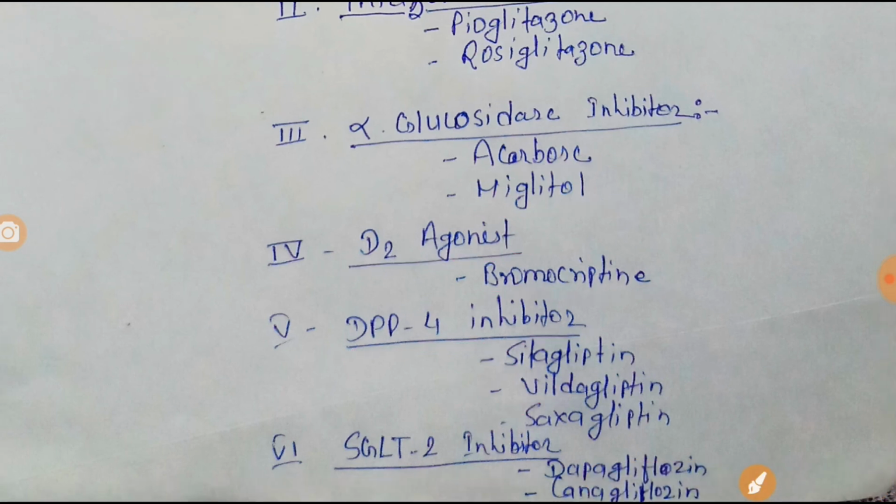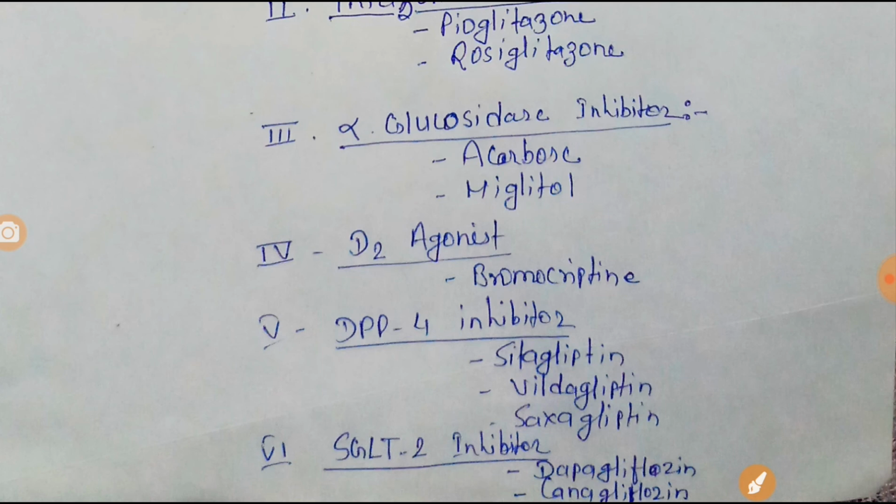Next is the SGLT2 inhibitors, which include dapagliflozin and canagliflozin. This is about the classification of